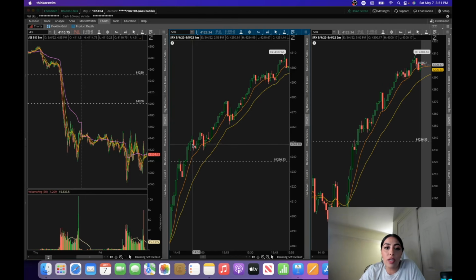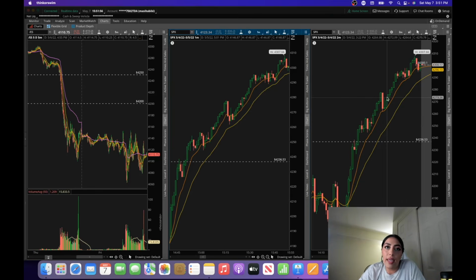But if you look, you can see here, stock pulls back, almost breaks the 9-day EMA, still holds, and then right here it breaks below the 9-day EMA. So looking at this, you could potentially see a reversal. However, if you look at this on the 2 minute time frame, stock breaks out, and throughout this entire uptrend, SPX